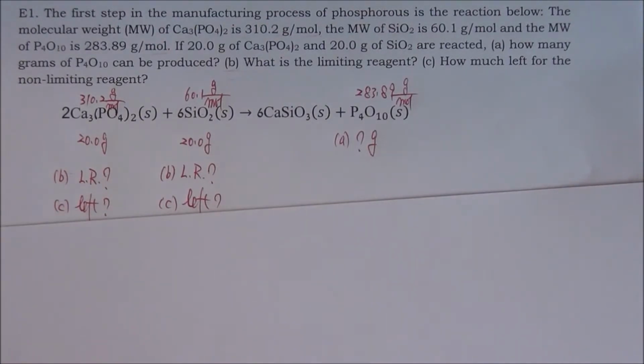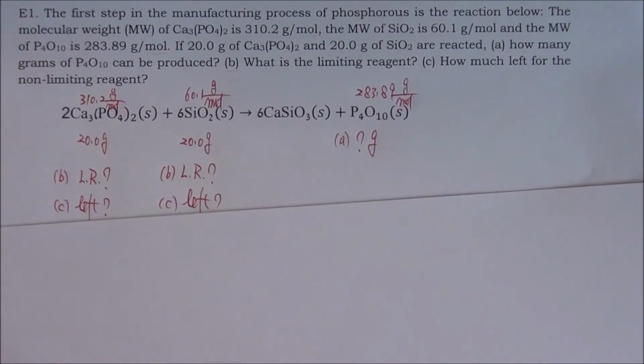Well, you may wonder, Dr. H, how you can tell a problem is a limiting reactant calculation problem? Well, let me tell you the trick. Whenever you're given the masses or the moles or the other information such as the volumes and the densities, but you can convert the information into the moles or the masses of two or more reactants,